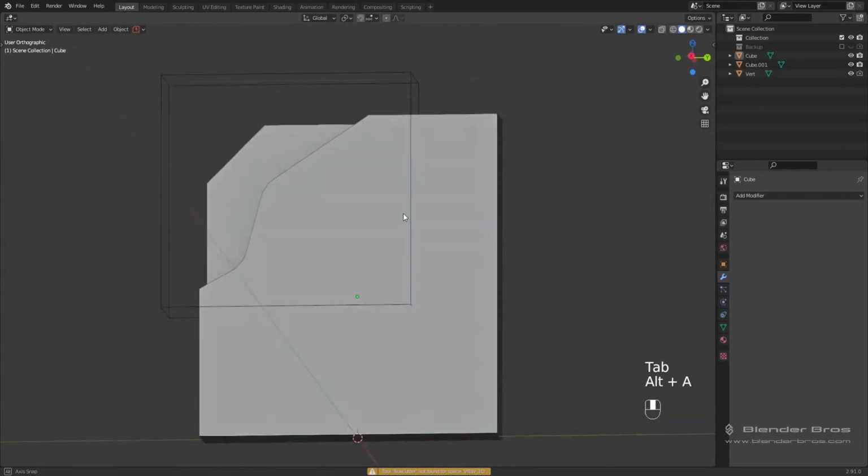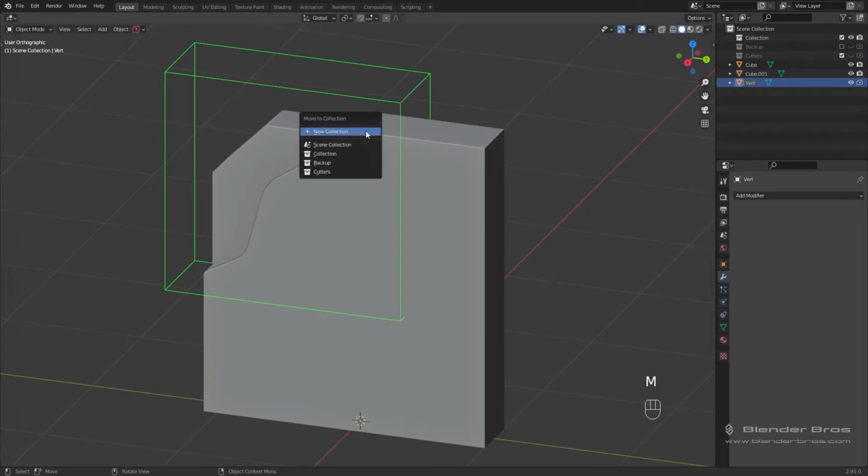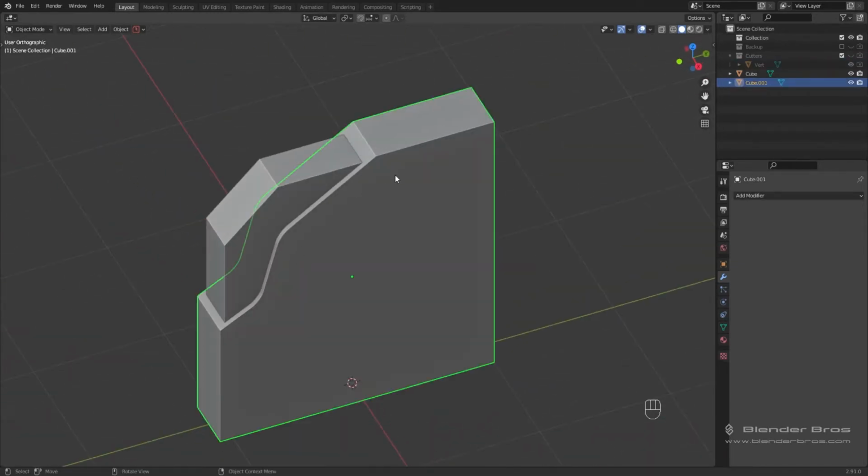So after we do that, we can simply bevel that piece right there. It's probably good enough. And let's also right click and make a new collection and call it cutters. Turn it off, including the rendering, and then select it and press the M key to move this to the cutters collection. Okay, awesome. One thing I actually did forget to do though,